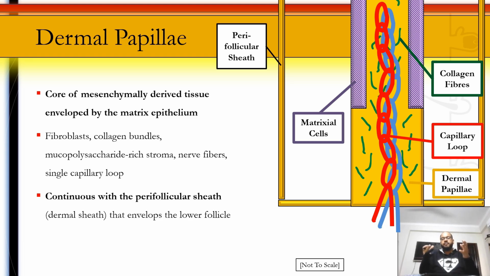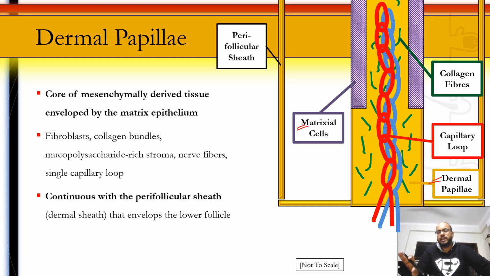So now what has happened? We have enlarged the lower part of the hair shaft, and now we'll discuss the dermal papilla. You can see the structure here. You have the dermal papilla, which is actually a core of dermal tissue, a condensation of dermal tissue. This dermal tissue is specially organized to create a new follicle, or at least provide signals for the growth of a new follicle. Now, this dermal tissue has a cap on it, and this cap is formed by the matrix cells. Here the matricial cells, or the matrix cells, are shown in purple. It's like a cap. In between the core of the dermal papilla, you have the capillary loop.